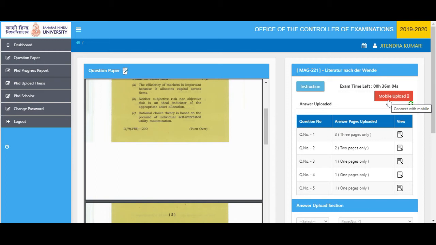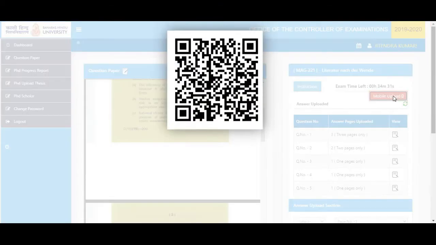Once I click on mobile upload, it will show me a QR code. That QR code is where I'll have to point my mobile after opening the camera. Now let me just click on it. I'll scan.